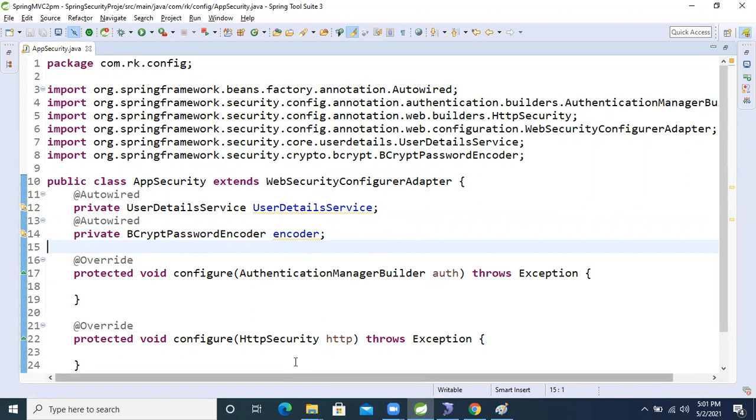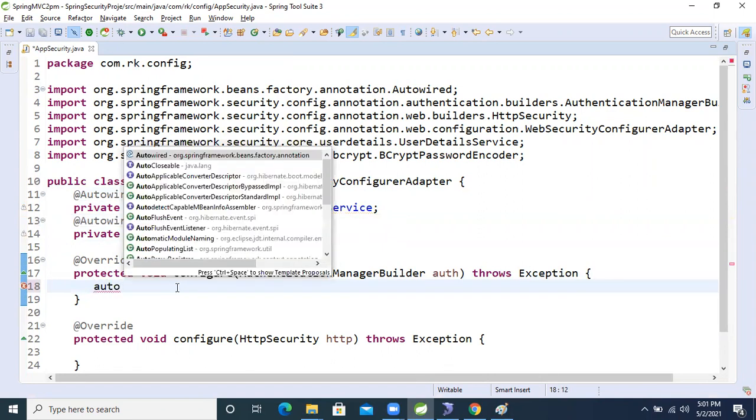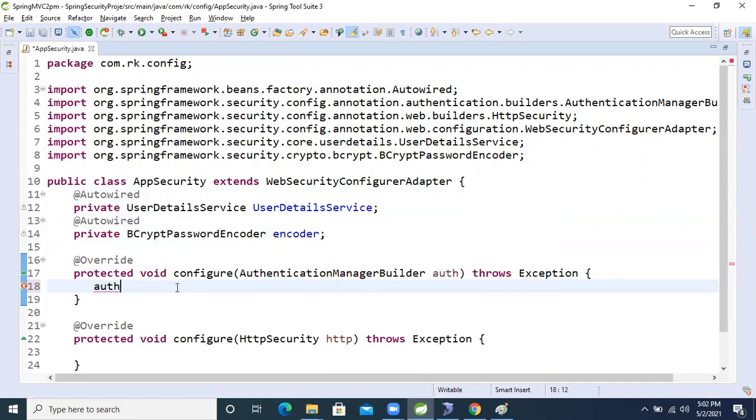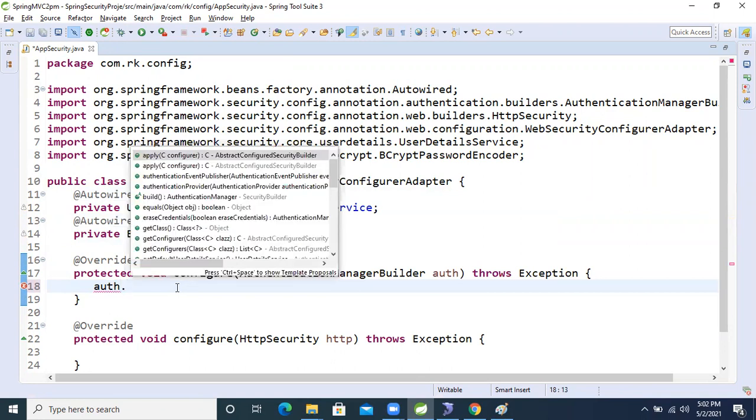Yesterday we were creating in-memory authentication. Inside that, we need to take auth.userDetailsService.